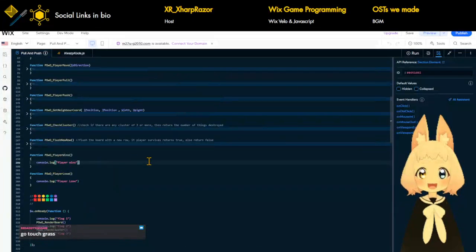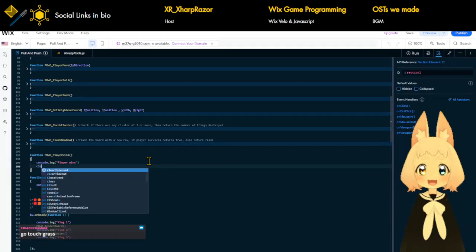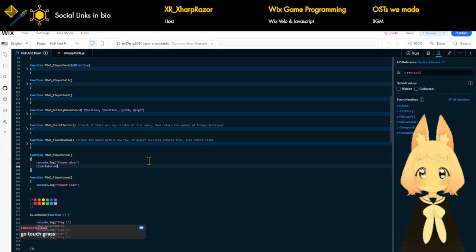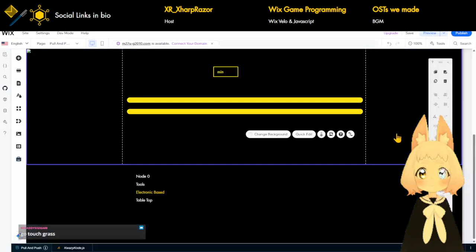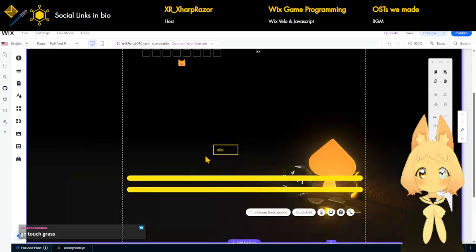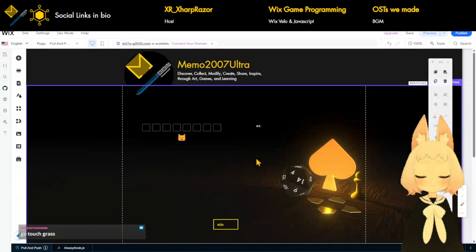So no matter if you win or lose, we're just going to clear interval, interval name clock. And then over here we're just going to minimize, and then over here we will